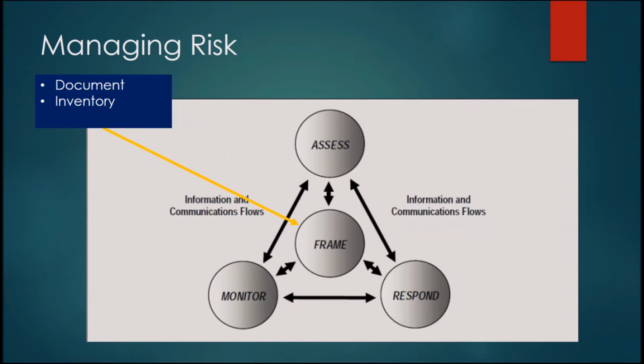Framing risk is the first component of our information risk management program. The purpose is to establish a context of what will be assessed and managed. Framing risk defines what is in scope and what is out of scope, and includes the documentation and inventory of